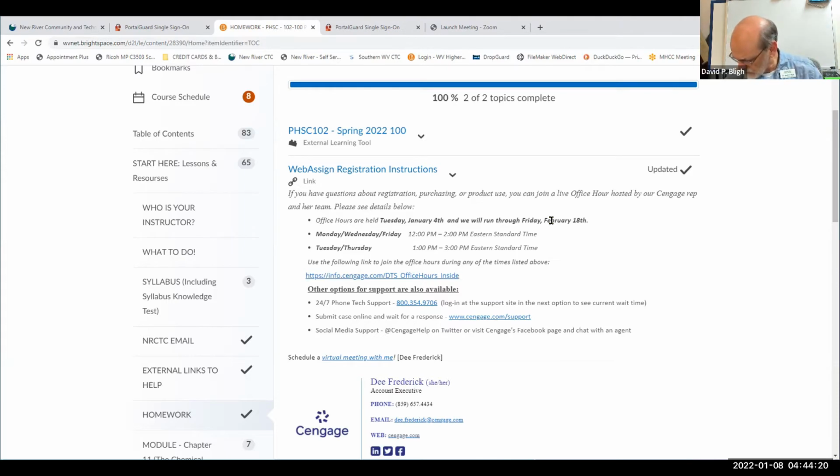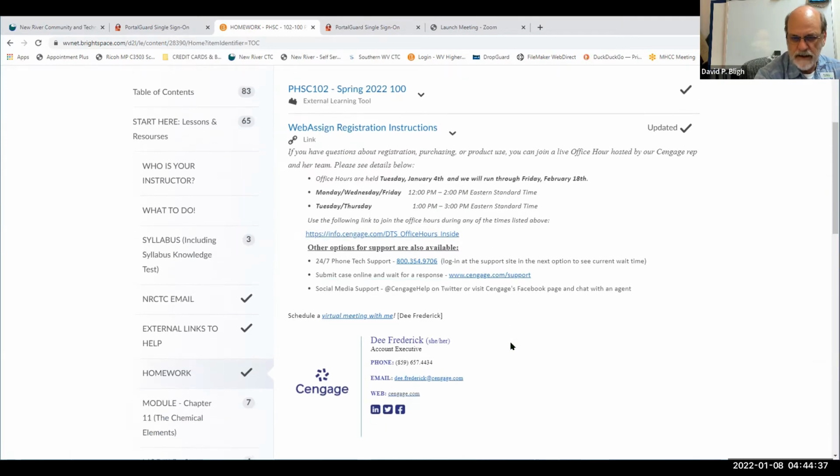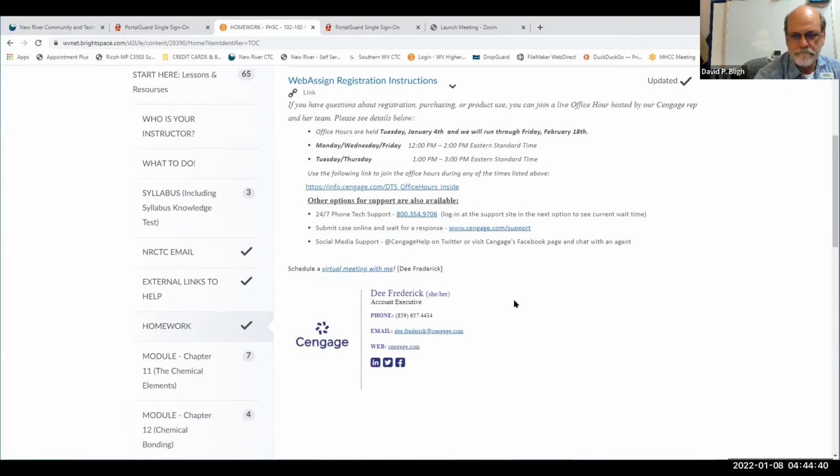which should be... well, no, that's February 18th. They're going to be doing the whole month of January, it looks like, and then into February also. So these office hours are available for you to troubleshoot. If you can't make those times and you need support, here's their number right there, or you can contact them through this support web page